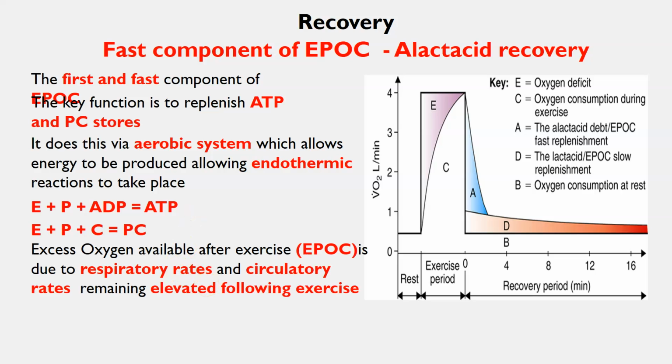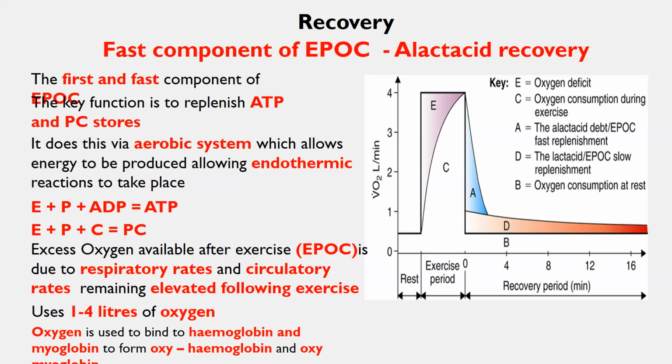And then excess oxygen available after exercise is due to the respiratory rates being high, as I've said, the circulatory rates remaining high, and remaining elevated following our exercise. Now, this uses 1 to 4 litres of oxygen. This is important to know. Okay, so the first and fast component shows a volume of oxygen required to be about 1 to 4 litres for these initial jobs to be completed, i.e. the resynthesis of ATP and PC stores, and then the next one we're going to go on to, which is